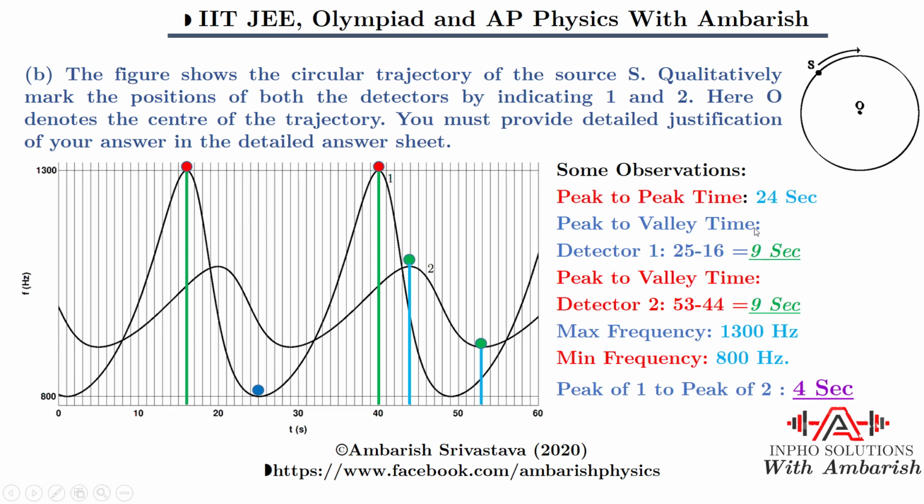So now this is some very important information that will help us decide where the detectors are located. So please keep in mind that maximum to minimum frequency time is the same for both the detectors, detector 1 as well as detector 2. Another thing which we can note from the graph is that for the first detector, detector number 1, the maximum frequency is 1300 Hz and the minimum frequency is 800 Hz. This will also help us solve some of the parts that are coming in this. And another thing we can see is that